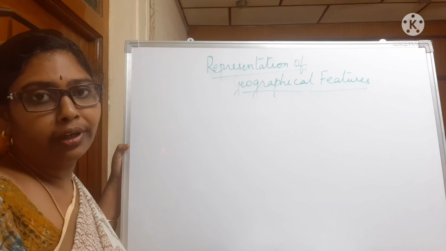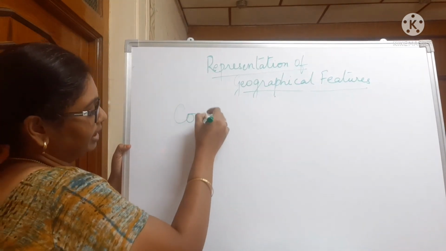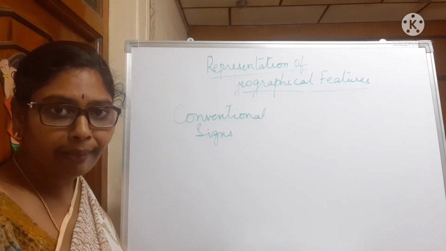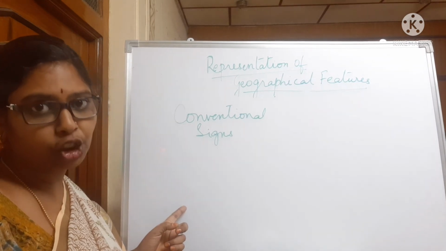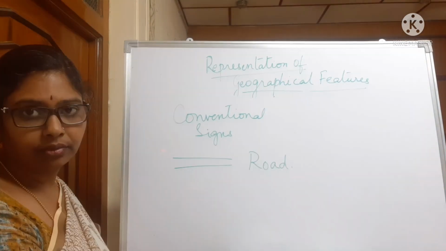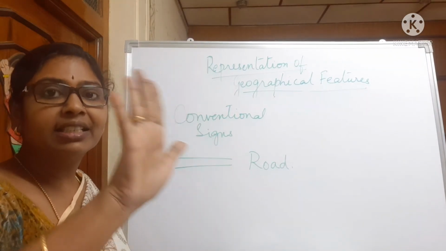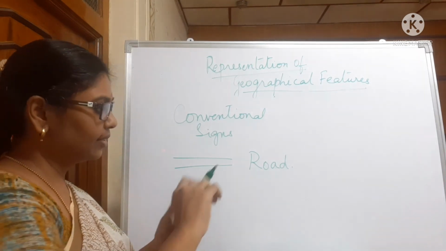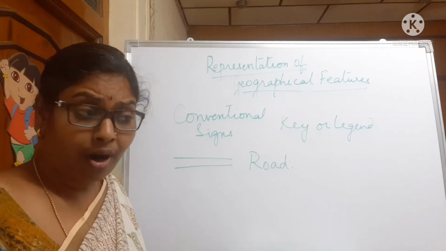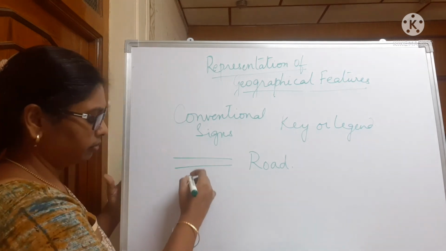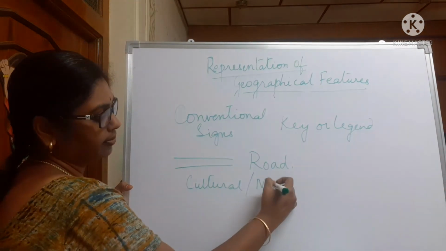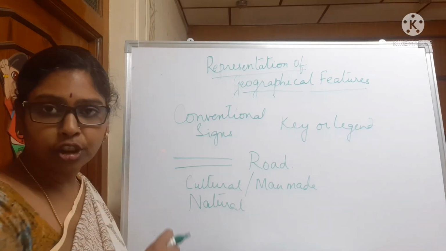And the last one we are going to see is conventional signs and symbols. These conventional signs and symbols, just like the colors on the map, are used for easy representation of the map. Suppose I am drawing two lines like this. See, when we say like this, it means stop, right? Like this, we have a number of symbols on the map for ease. What these will represent is all cultural features. Cultural features means man-made features. So these are the natural features both.